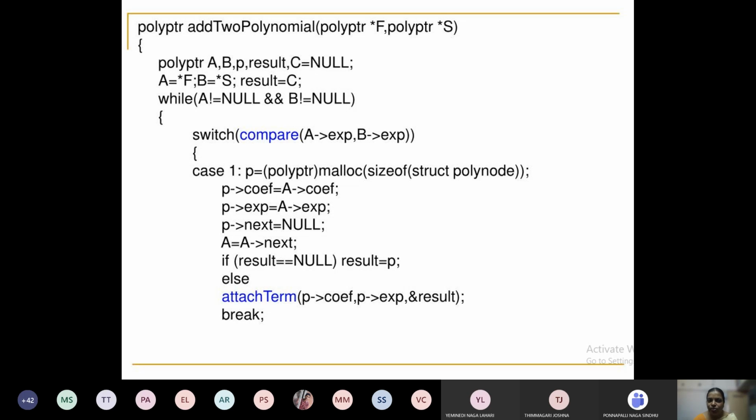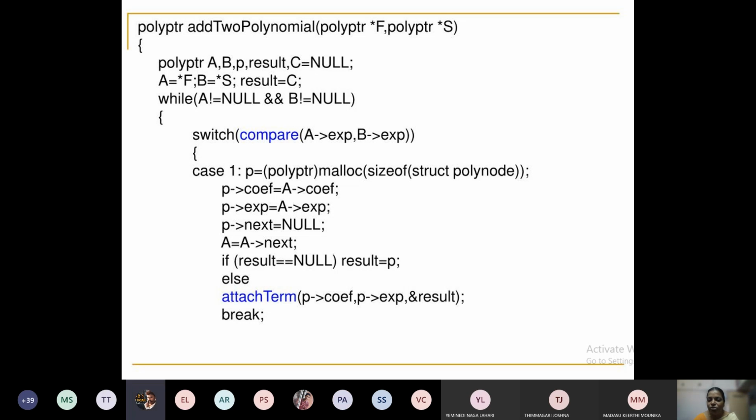Whenever you are asked to perform the addition of two polynomials, you need to write the three cases of the addition, take two examples of polynomial expressions and show how these are added and how we get the third polynomial, that is the resultant polynomial. Based on that you can write the steps. That is enough to write the algorithm for polynomial addition.